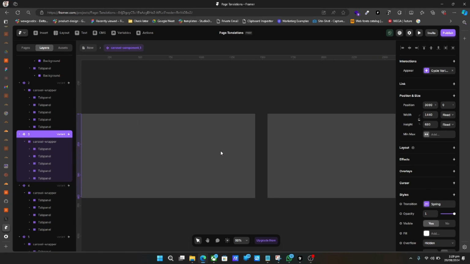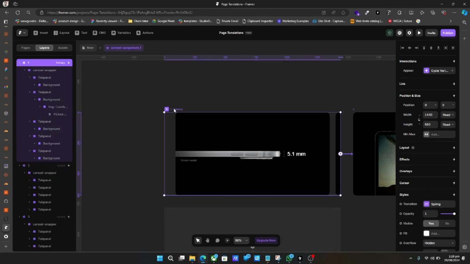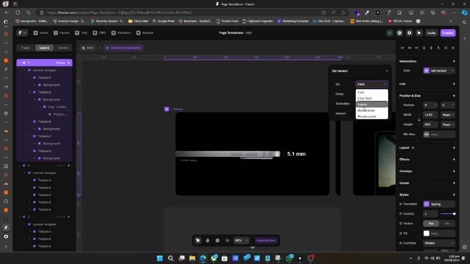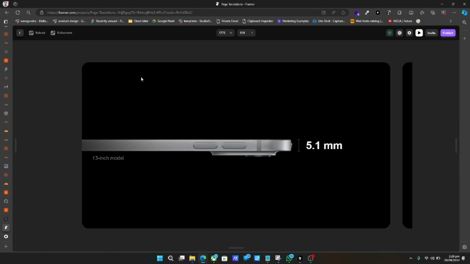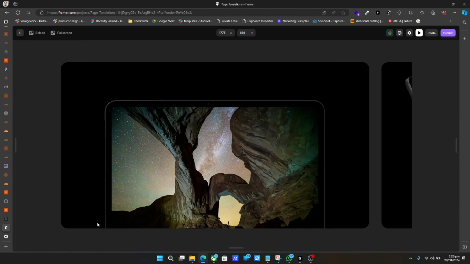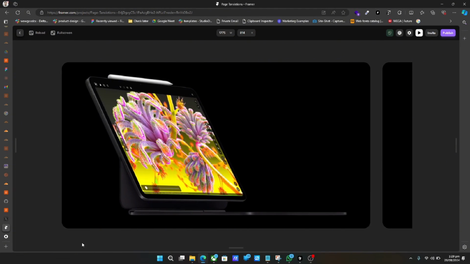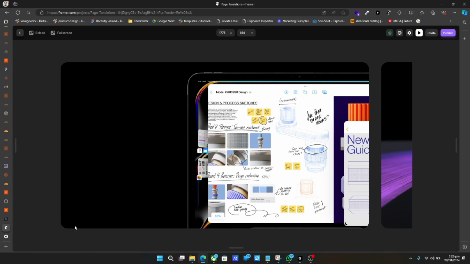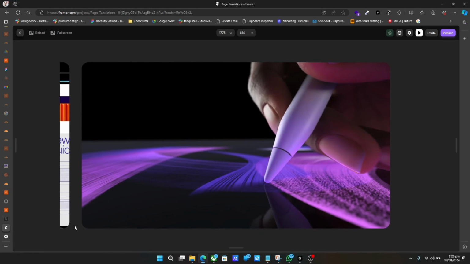Now, one thing we could just do here now is to just set an effect, a cycle. So set a transition and say an appear, and we could set an event of maybe 3 seconds to go to the next one. So what will happen now is every 3 seconds it goes to the next one. So you can see 1 2 3, 1 2 3, go to the next one, 1 2 3, and it will keep on repeating like that,